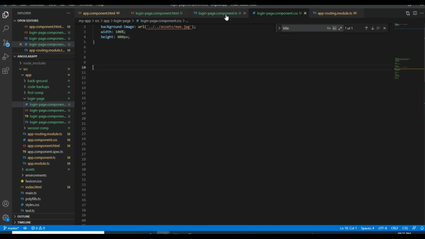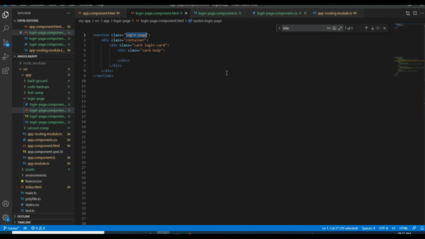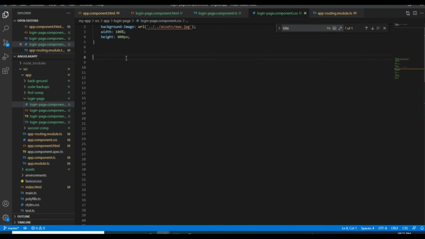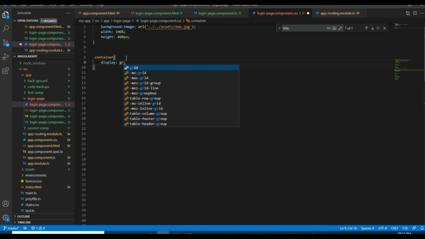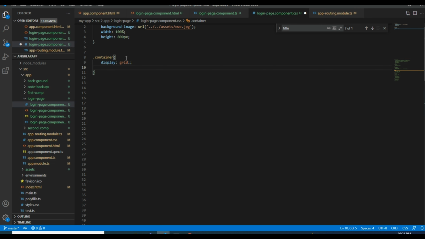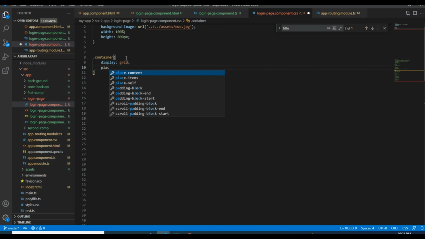Okay, got it. This is the card. We'll edit it later. I want that in the center, so for the container: display flex, place items center.